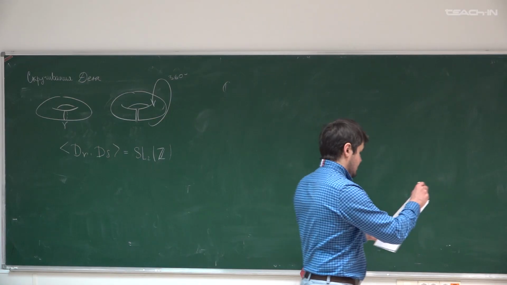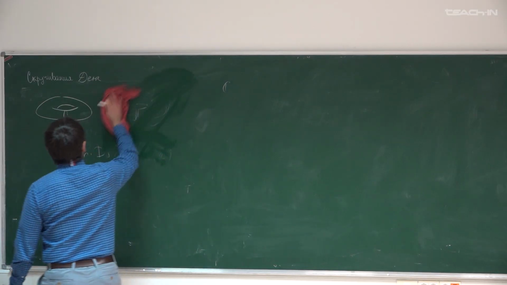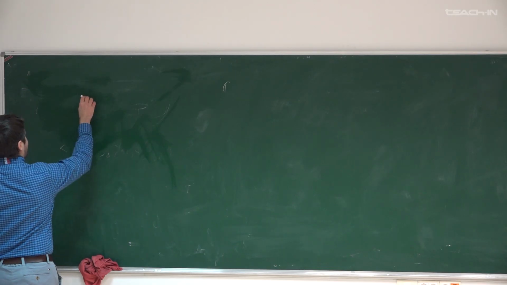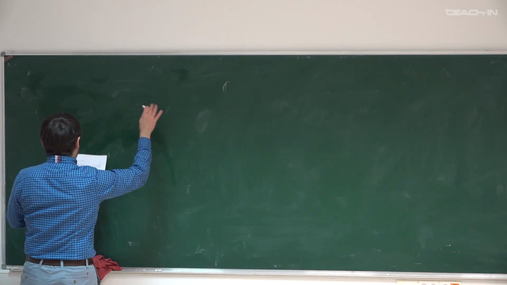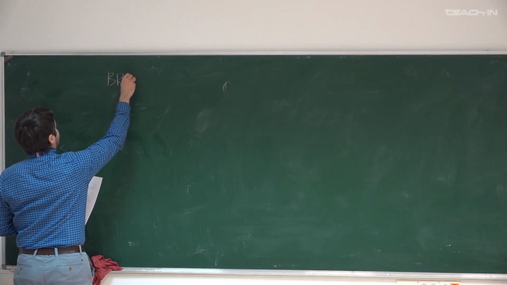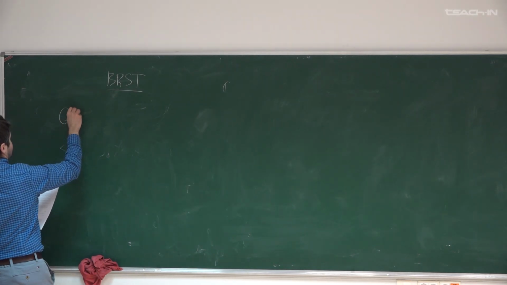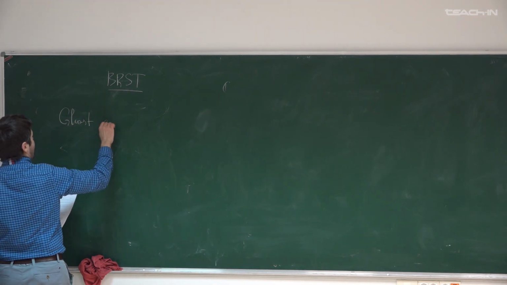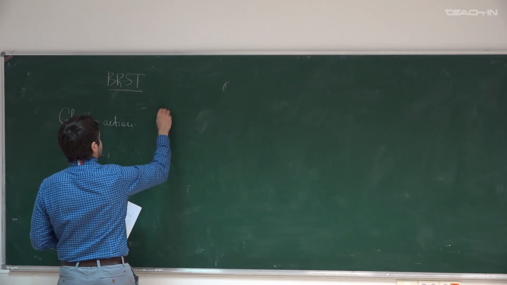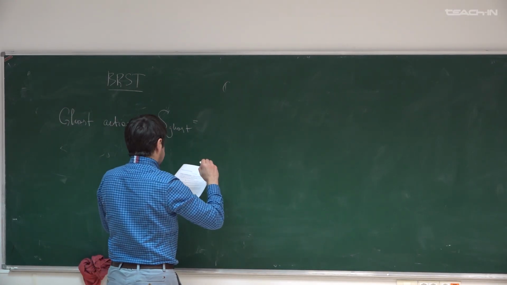So in an arbitrary metric, the gauge system has the form... the general topic is still continuing BRST. So the ghost action is